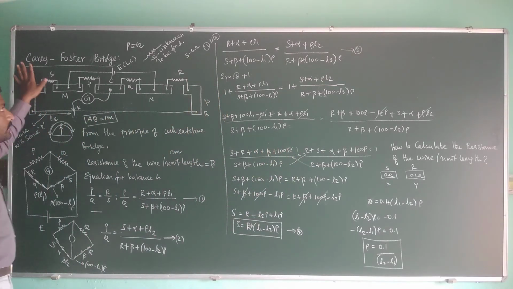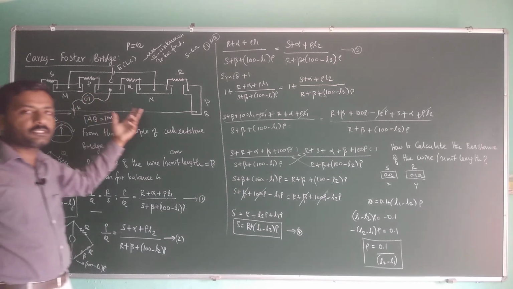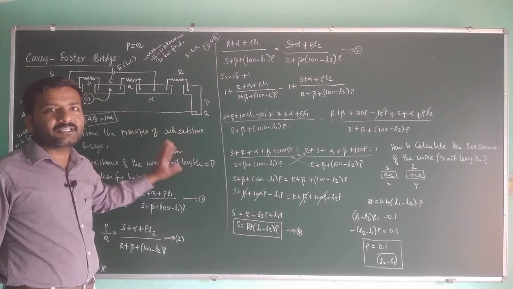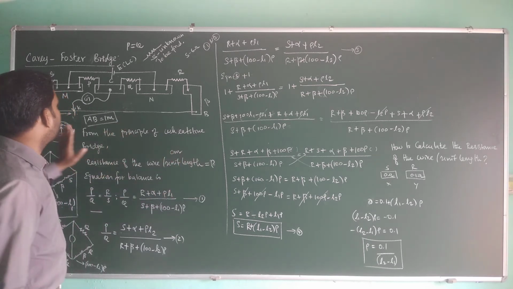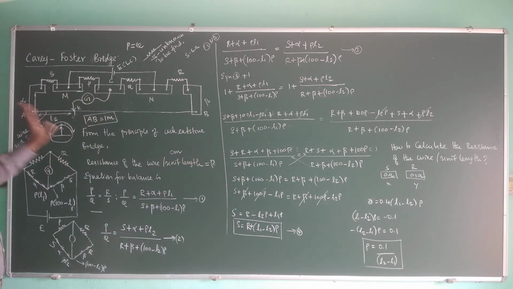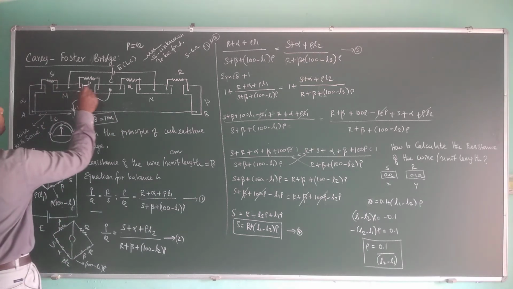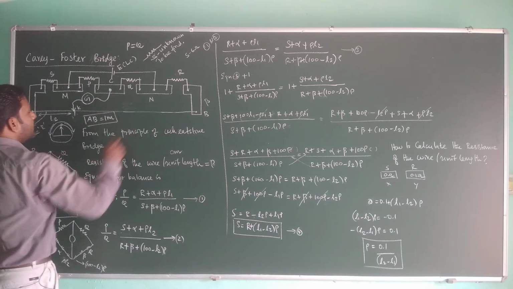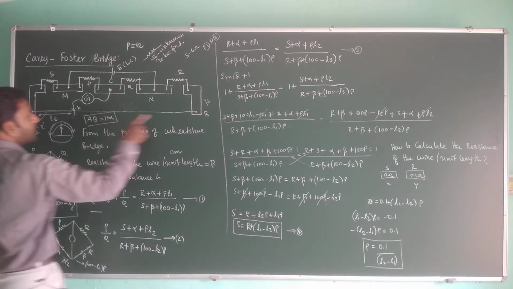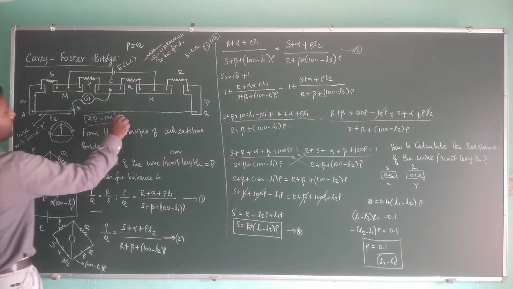The Carey-Foster bridge is essentially nothing but a form of Wheatstone bridge. It is designed by Carey-Foster for the purpose of identifying a given unknown resistance. For this purpose we have considered this setup. It consists of 3 strips, each with 3 contact points, all dots are contact points, then 2 L strips, and in between the bottom of the 2 L strips we have connected a 1 meter wire, that is 100 centimeter wire.